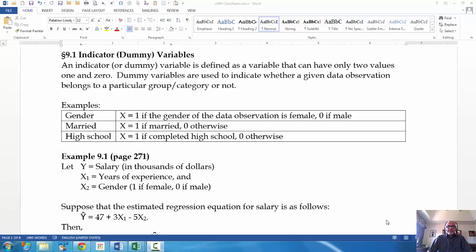So your textbook gives a small numerical example, no analysis here, just to understand how this thing will work in combination with other variables. So you don't have to have a dummy variable all by itself. You can have regular variables and dummy variables occurring together. So you have a response variable which is